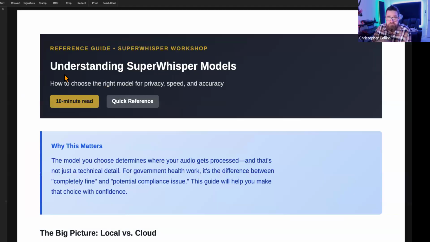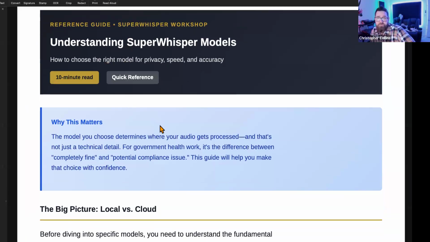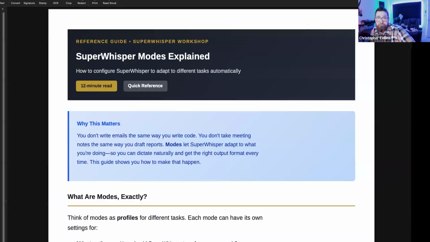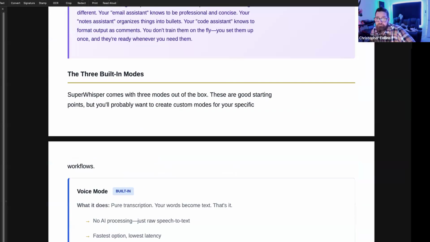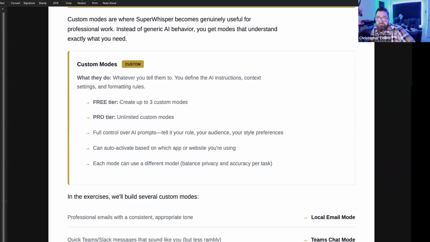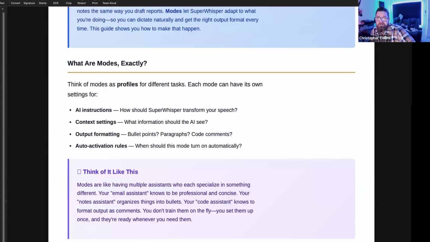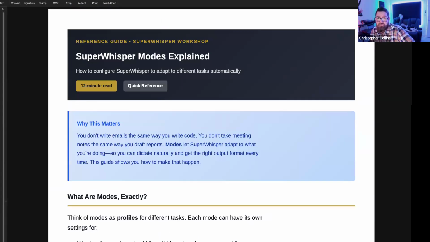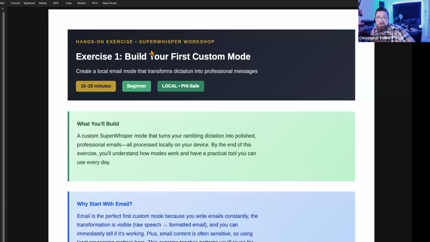So you're going to get a cheat sheet to understand all the SuperWhisper models. I'm giving you a little custom modes explainer that'll walk through how to create the custom modes. And then it breaks down into these exercises. Each one is max 20, 30 minutes. I would recommend you try to do as many of these as possible. I think there's 8 total,